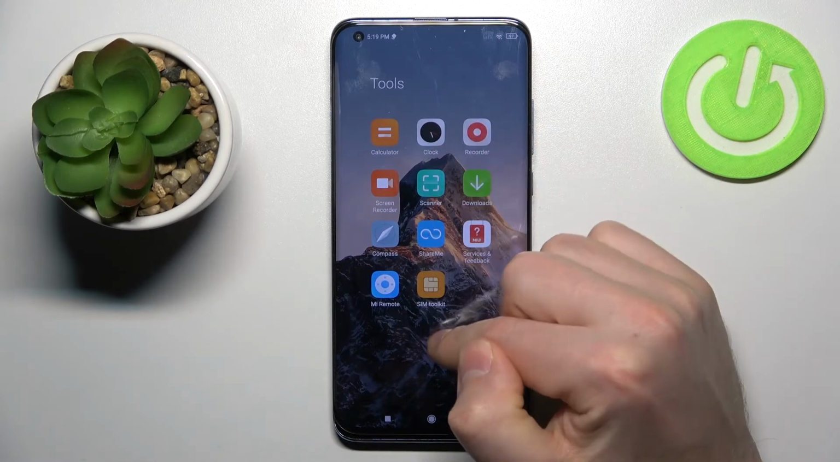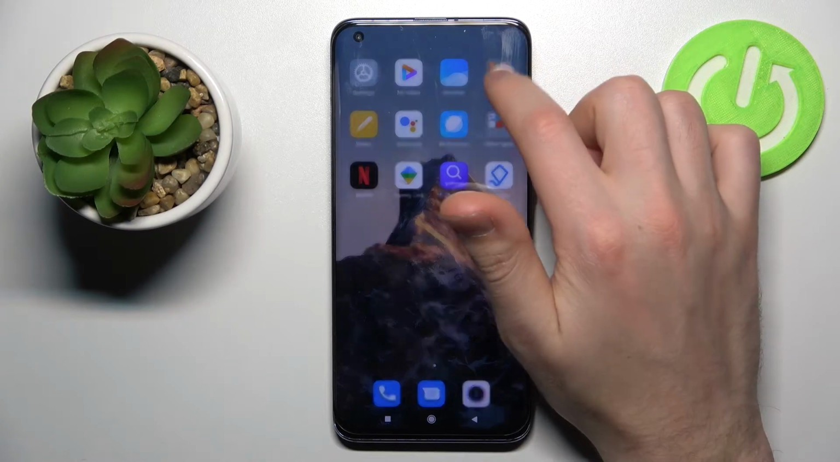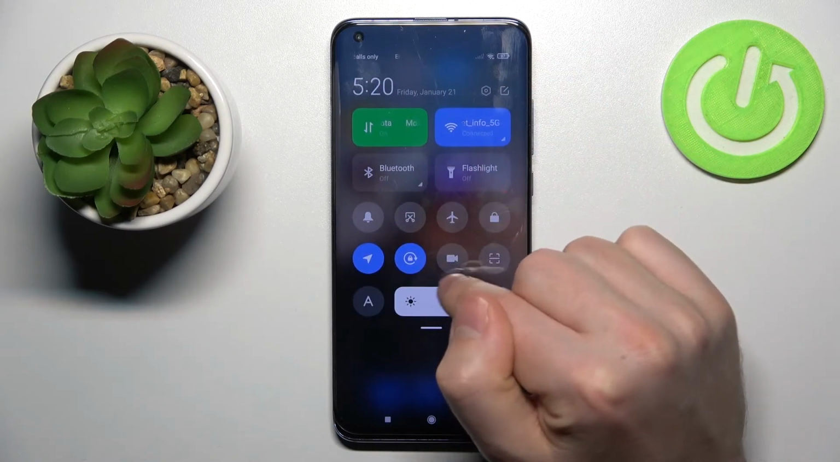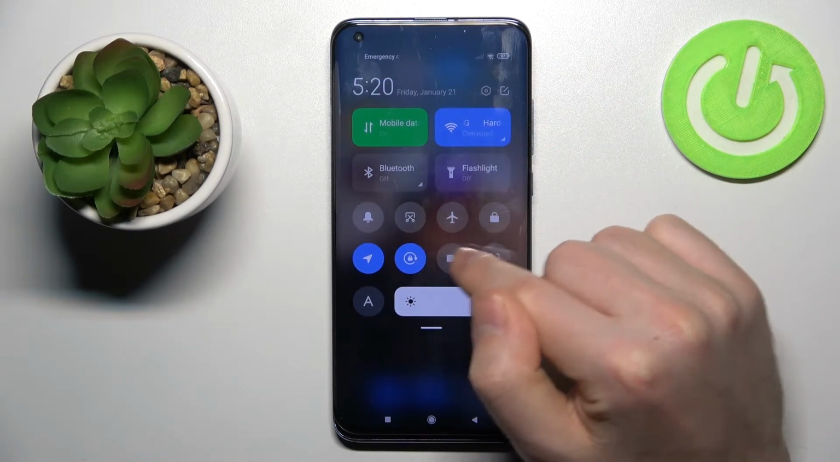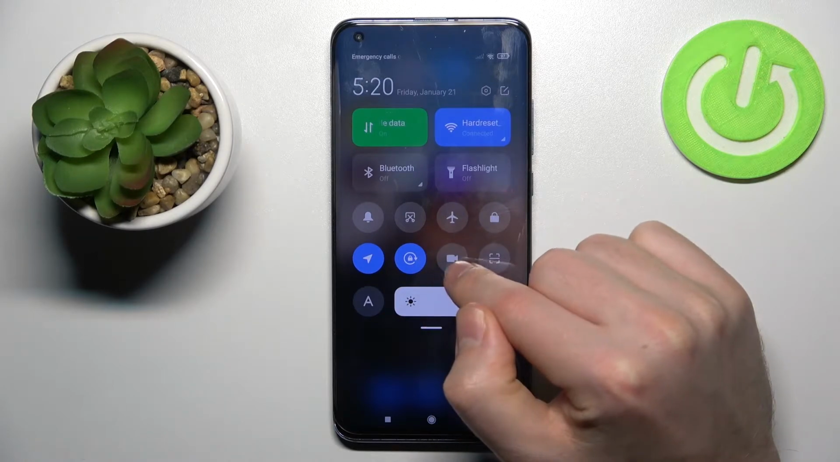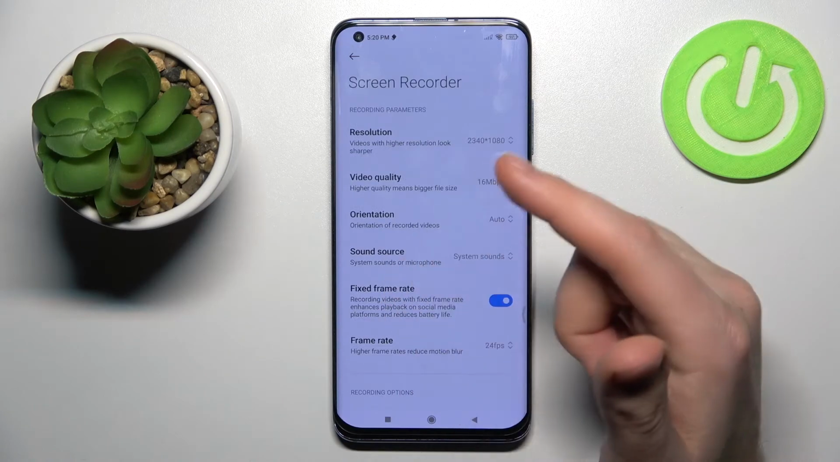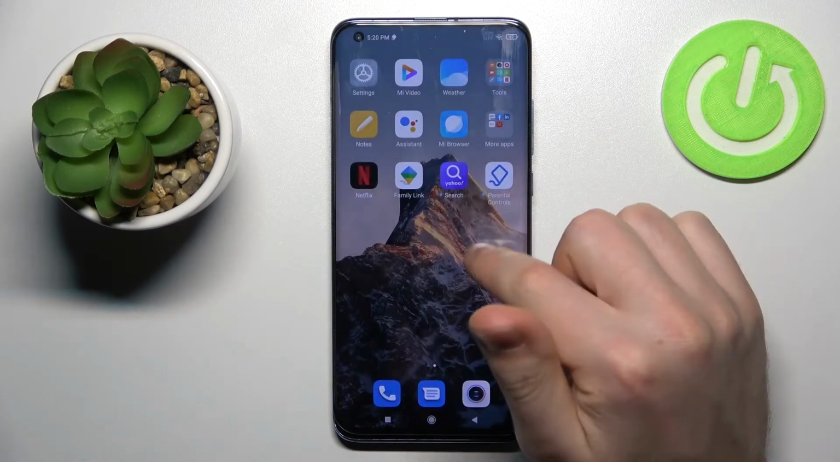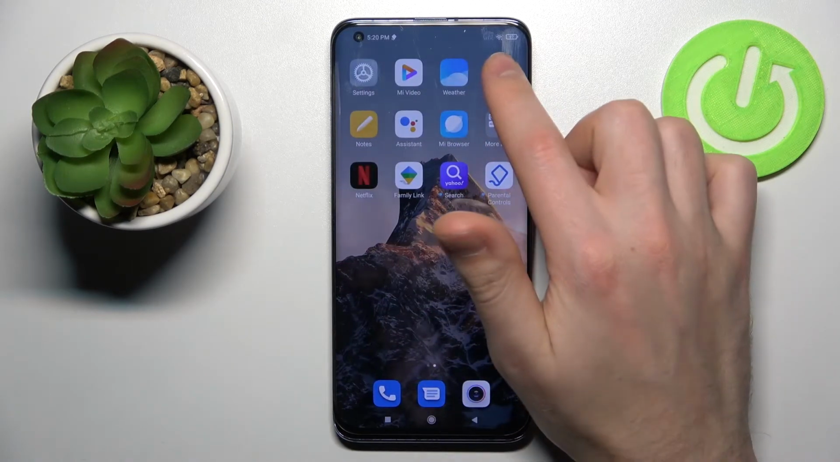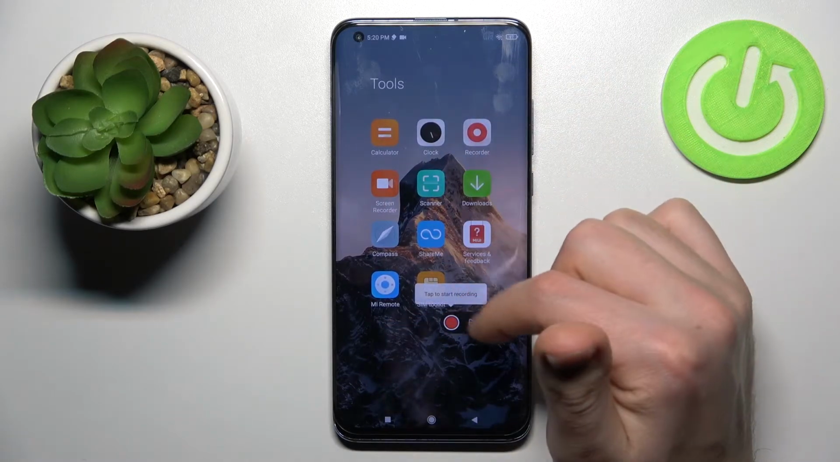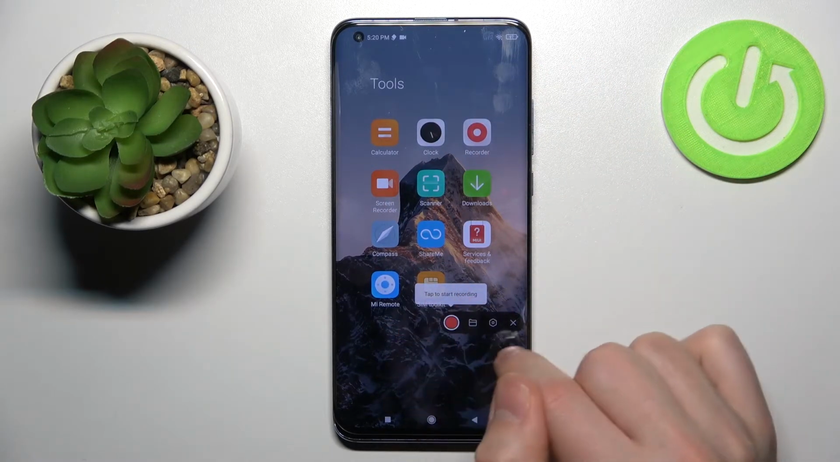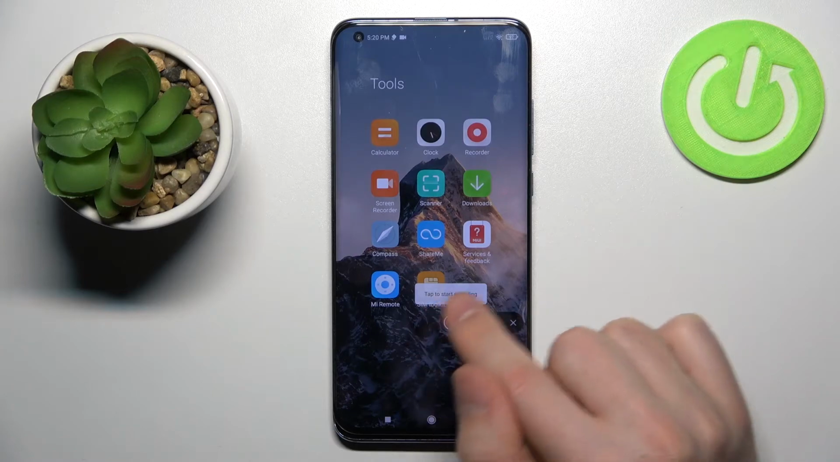If you don't have this application here, you need to open your top navigation bar and find this button, Start Screen Recorder. You can press and hold, and the settings will open. That's one method. The second method is to open the Screen Recorder application, and here